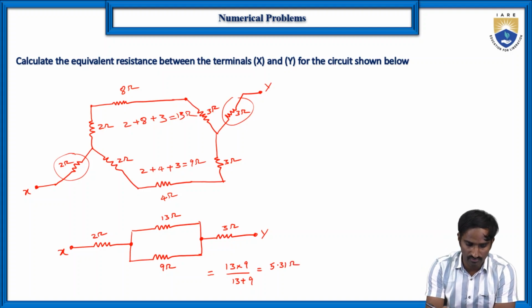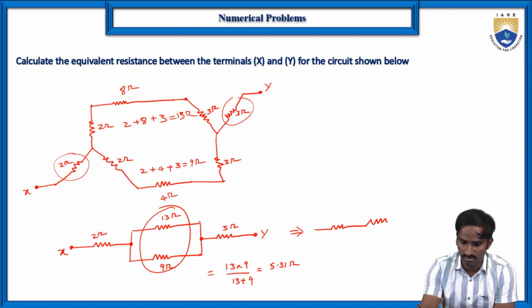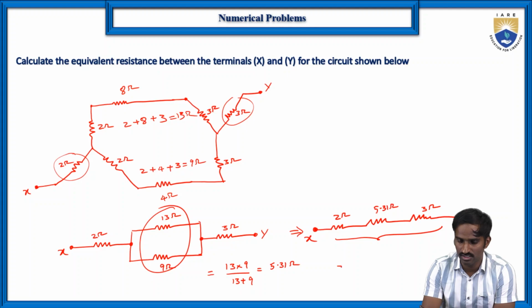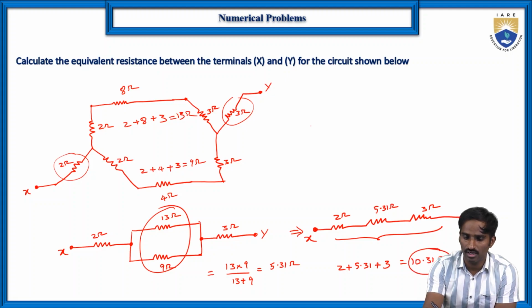Then the circuit will become 2 ohms, and this combination that we can replace with 5.31 ohms, and again 3 ohms. Here it is X and here it is Y. So in between X and Y, 3 resistors are there: one is 2 ohms, another one is 5.31 ohms, and another one is 3 ohms. Then the total equivalent resistance between X and Y is 2 plus 5.31 plus 3, which is equal to 10.31 ohms. So this is the equivalent resistance R equivalent, RXY, which is equal to